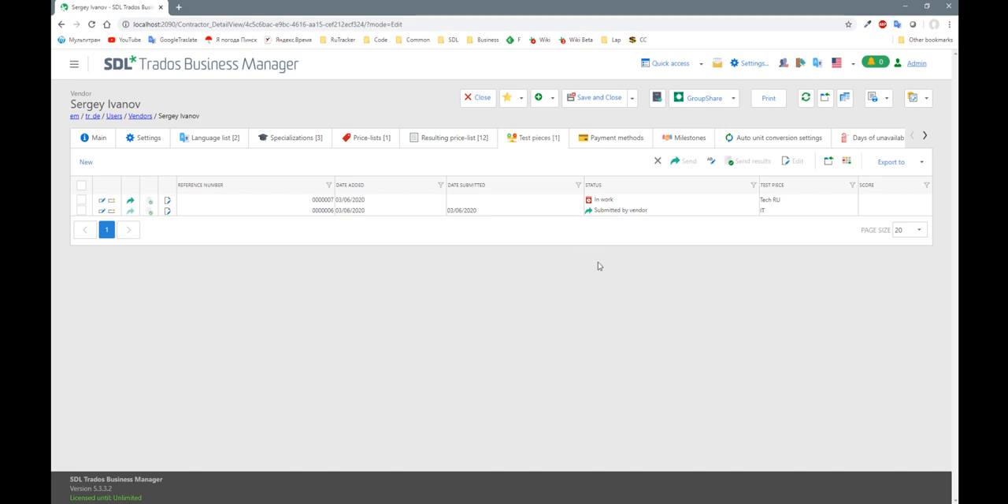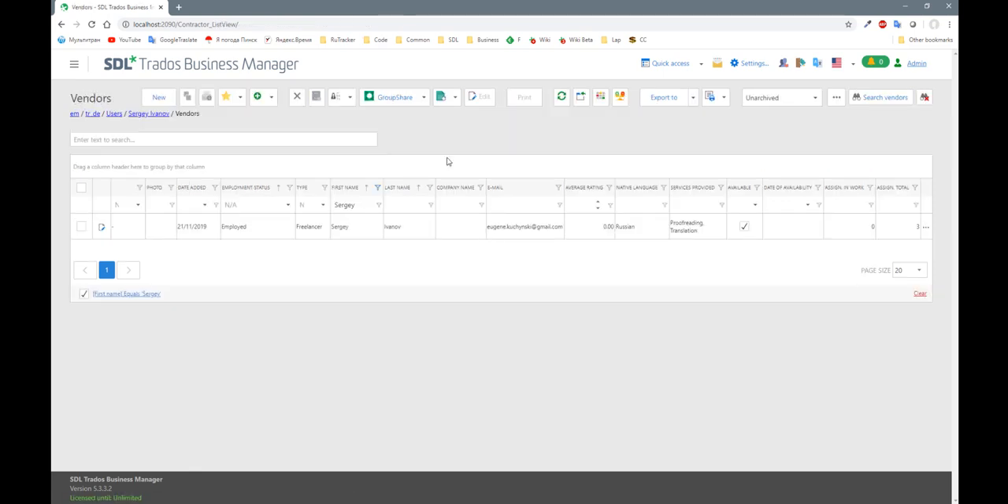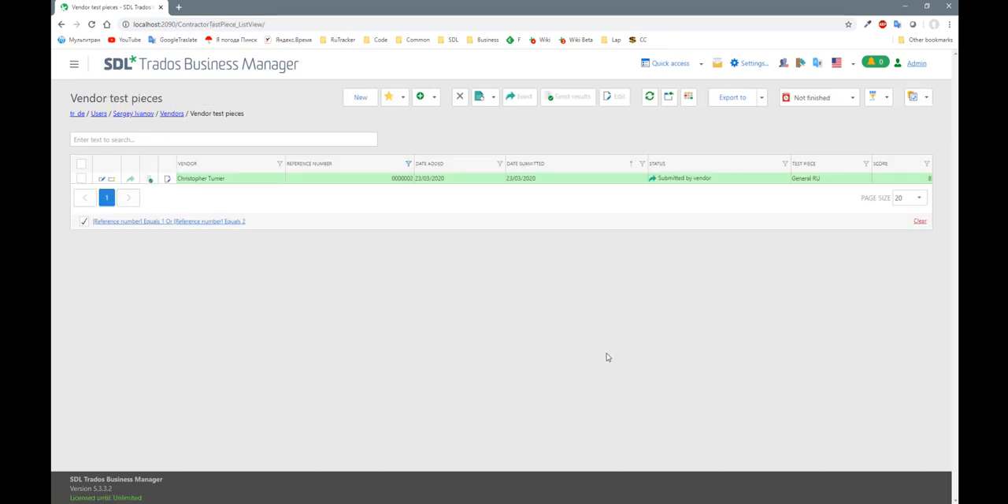To find tests which are submitted by vendors but still not processed, it is not, of course, useful to open the profile of each vendor and switch to the test pieces tab and check if there is something unreviewed, still unchecked. I can go to the vendor list, and there is a button here, view list of test pieces assigned to vendors. I can click it and I will go to another table which will contain all test pieces assigned to all